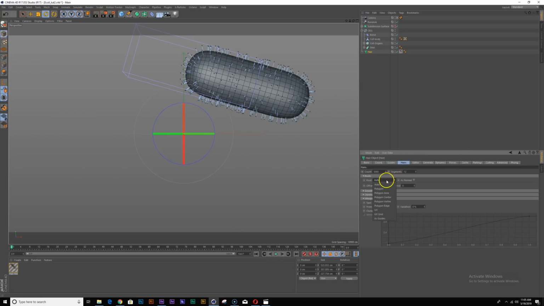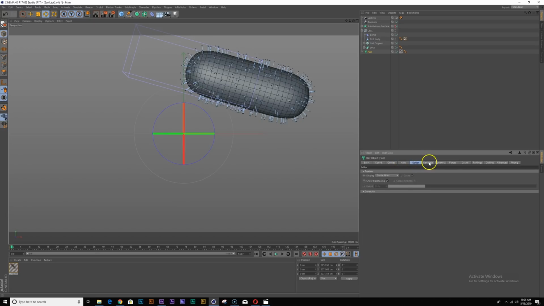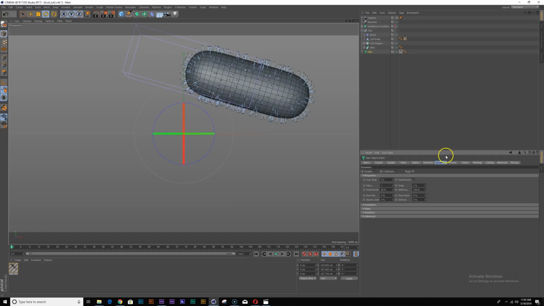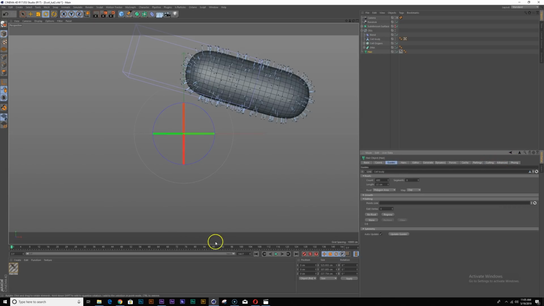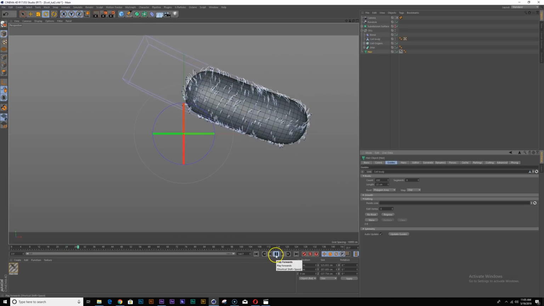Under hairs, for roots, I'm going to change this to as guides. I'm going to generate some splines so that we can use a sweep object later to add some geometry. Nothing I need to do here. Under forces, you want to turn off gravity, because right now it has its default gravity set here. I'm just going to zero this. And I think we're okay for now. Let's just play this back again.